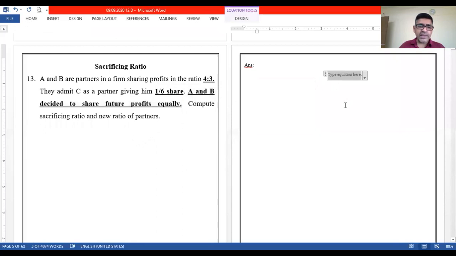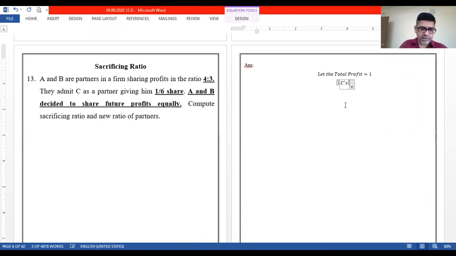So for sacrifice, I need to have the new ratio with me. So again, over here, what share has been sacrificed by A and B? That is not known to us, right? When the sacrifice is not given to us, I told you we need to start with the words: let the total profit of the firm be 1. Okay, when nothing is specified about the sacrifice, we need to assume the total profit as 1.